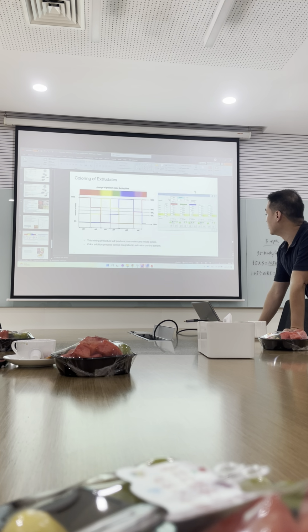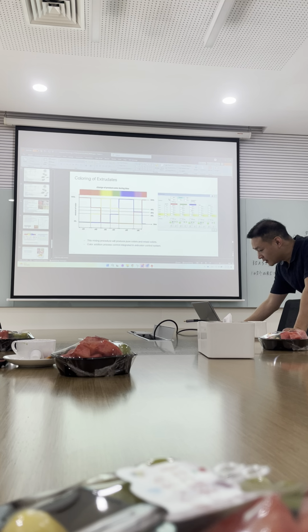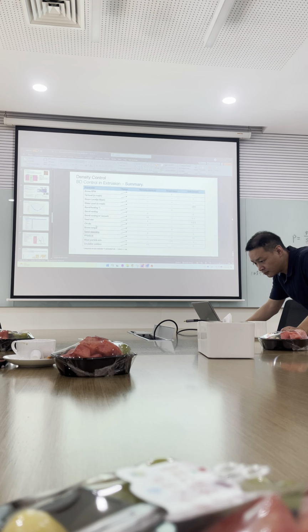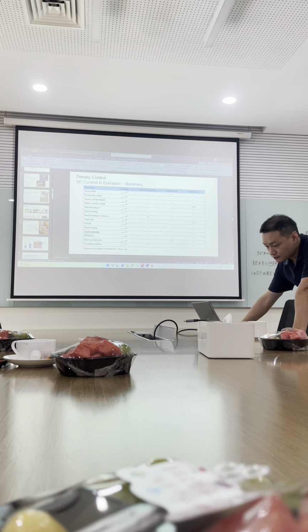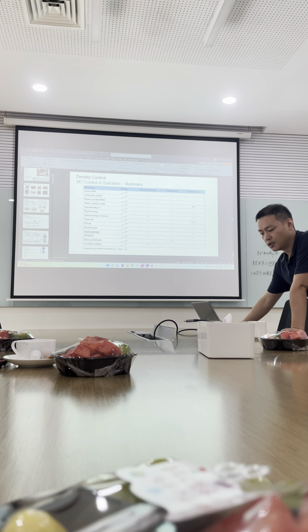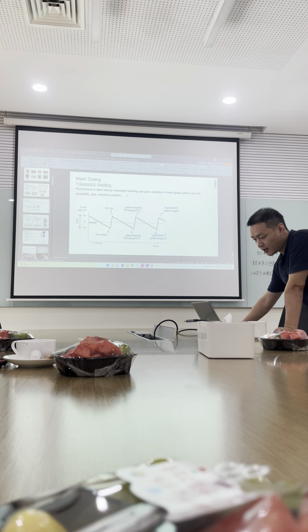Then we are going to another topic here. And what is the feeder you are using for the extruder? Loss-in-weight feeder or volumetric feeder? I mean, for loss-in-weight feeder, it